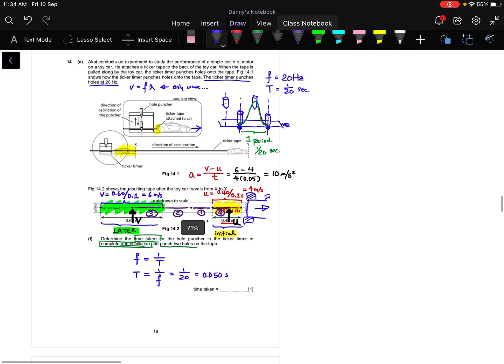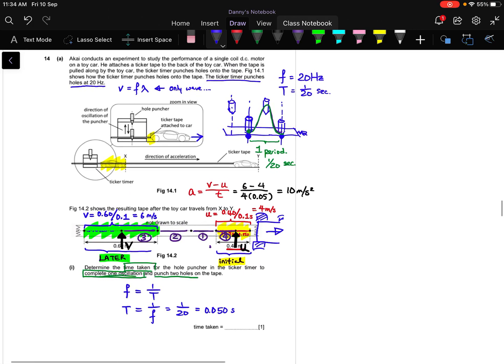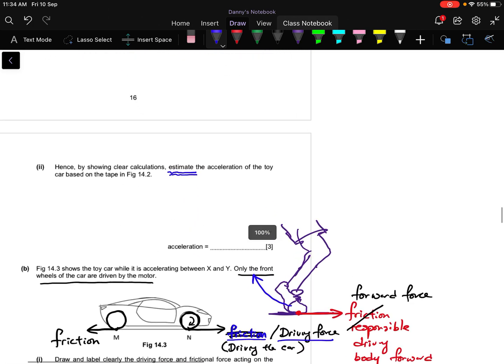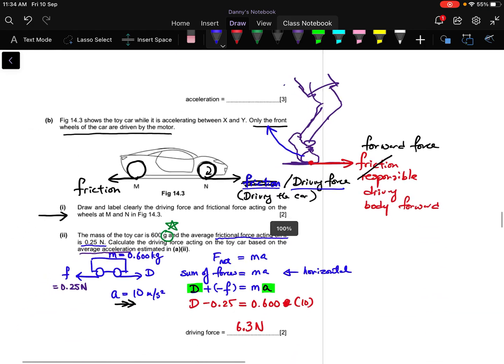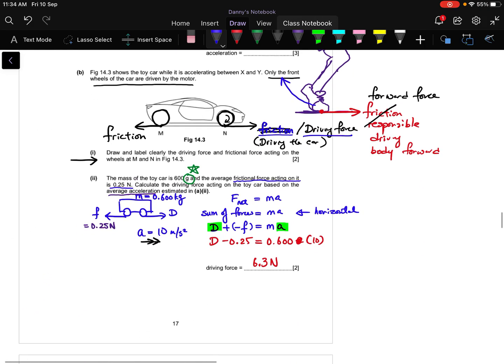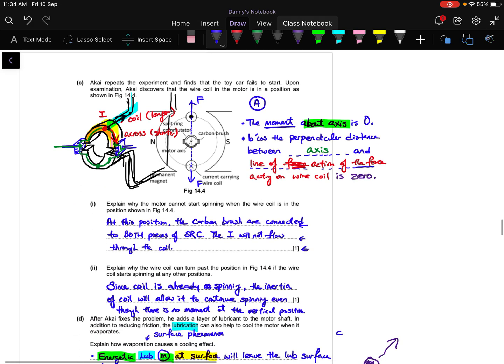Alright, so that is the end of your question 14, which consists of kinematics, or I should say interpreting a diagram, applying your kinematics,